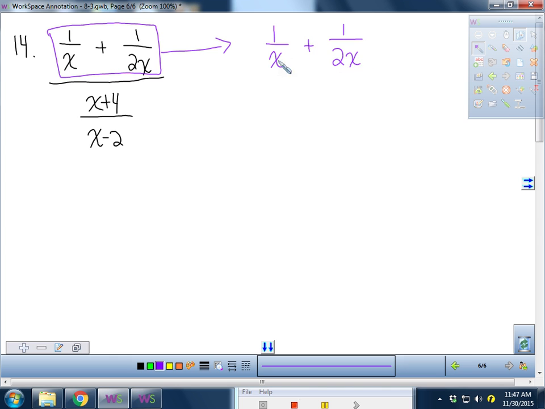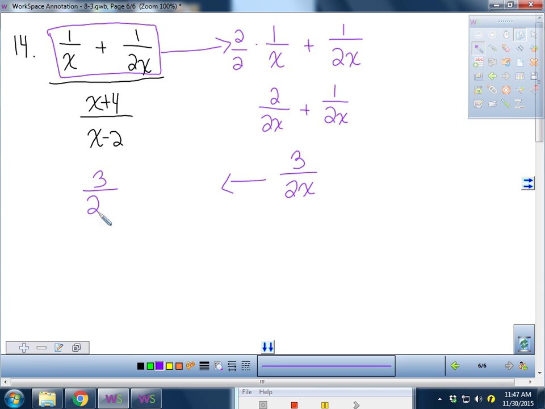Well, they both have an x, but this one doesn't have a 2. So if I multiply by 2, that gives me 2 over 2x plus 1 over 2x. Now I have a common denominator. I can combine like terms. 2 and 1 make 3 over 2x. That's ready to go back in